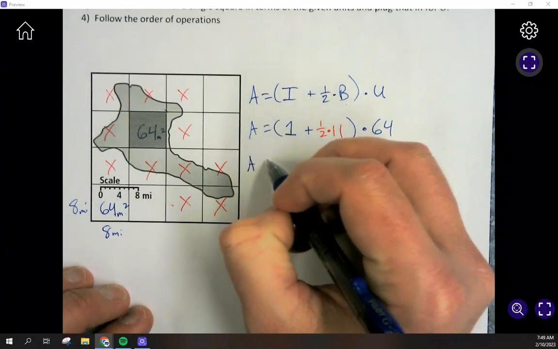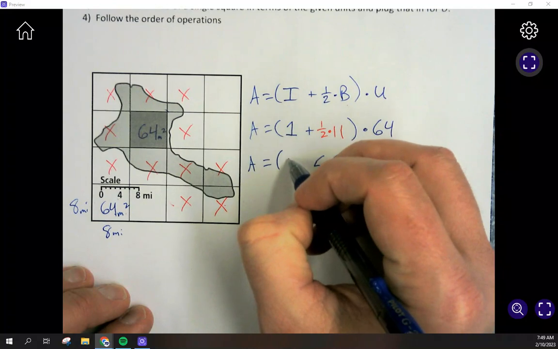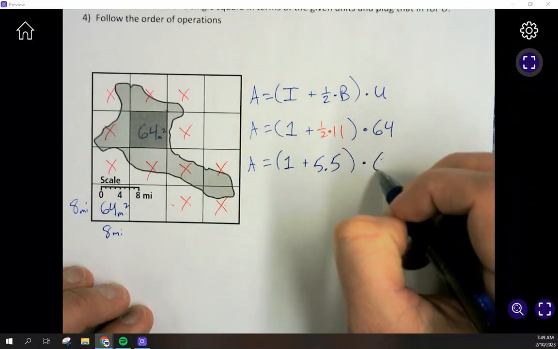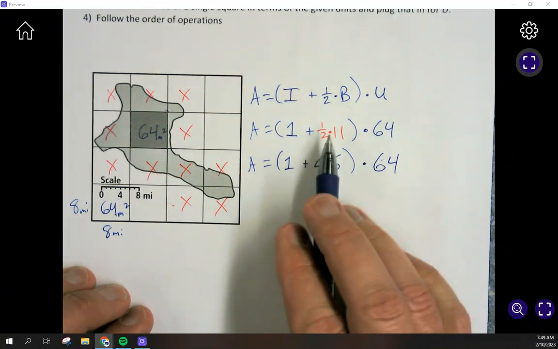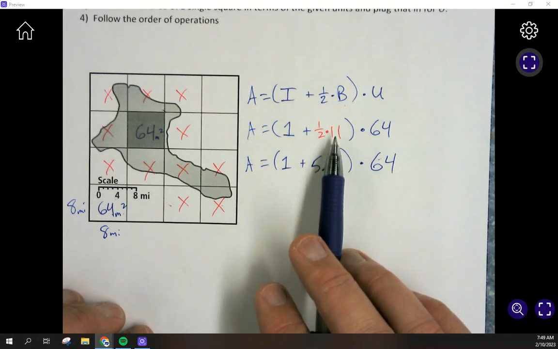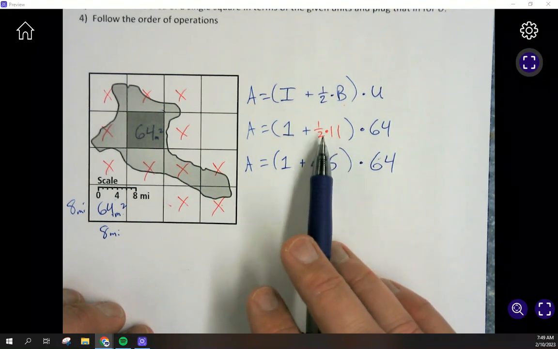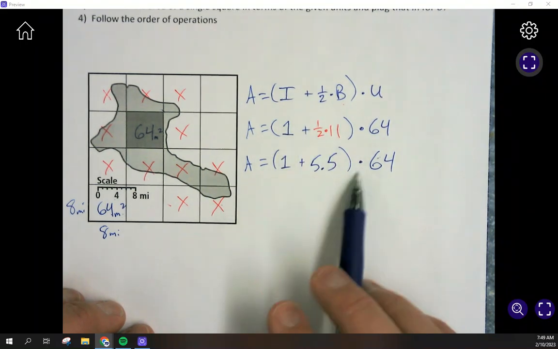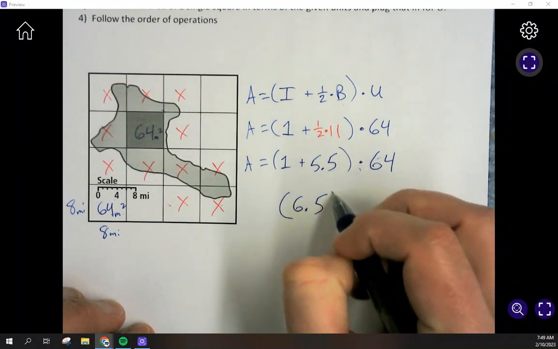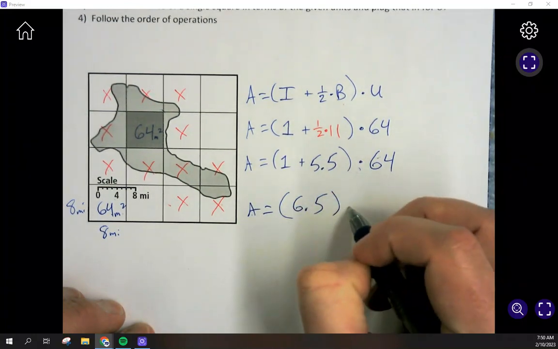5.5. I highly suggest here in your notes you show every single step. So when you look back, you're not confused. But obviously, when you're going through this and you're understanding what you're doing, you can just do 11 times 1/2, take half of it, add the 1, and you quickly get your number here of 6.5. So 6.5